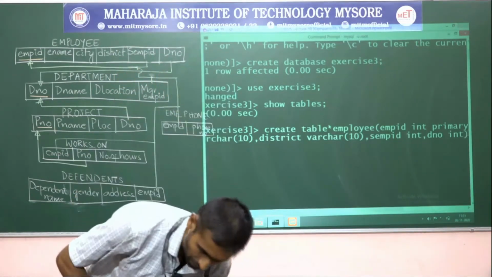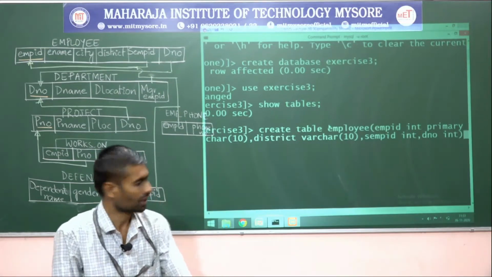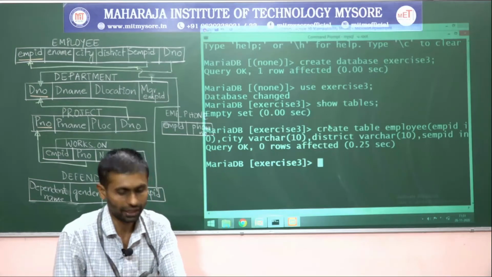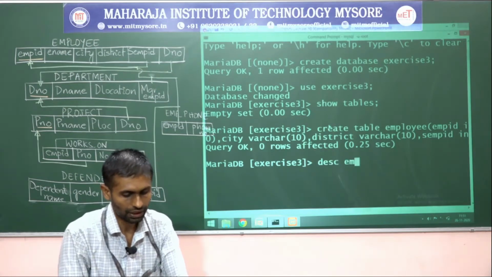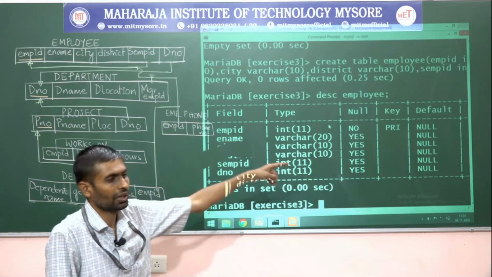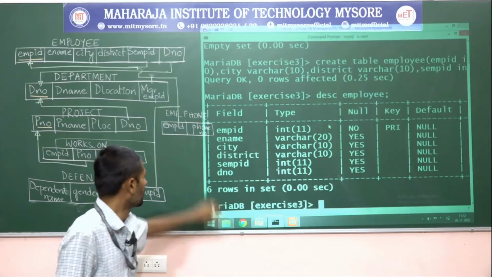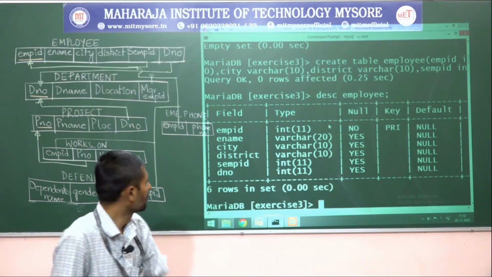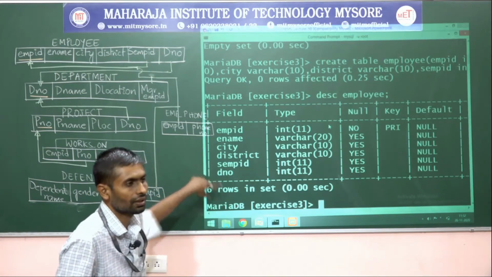That's it, guys. So we'll close it. Department number is the last attribute we have added. Fine. Enter, guys. Query OK. Describe employee. Look at this one, guys. We are having a table with only that EMPID as a key attribute there, right? So SEMPID, no foreign key, department number, no foreign key, right? So we'll go with making this SEMPID a foreign key now.